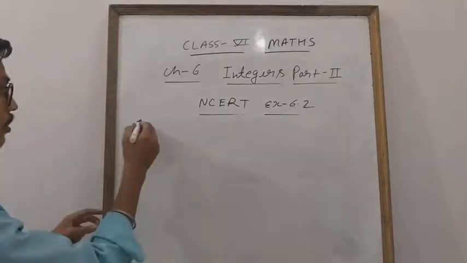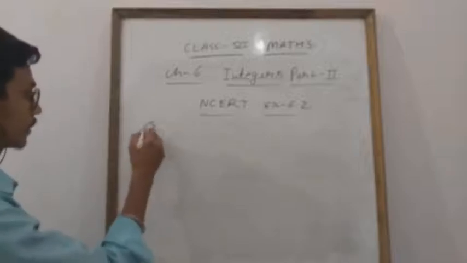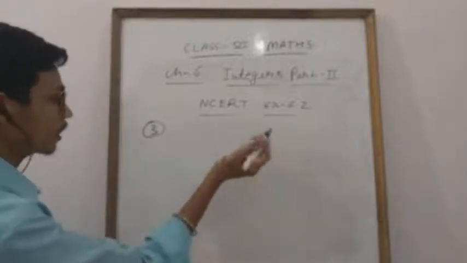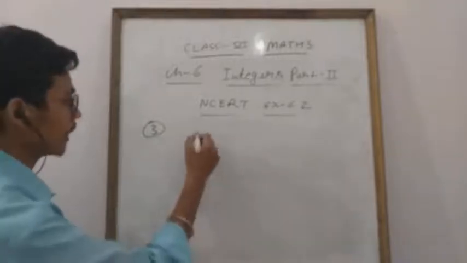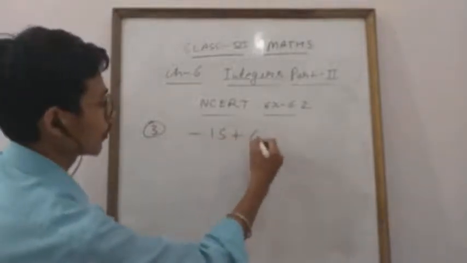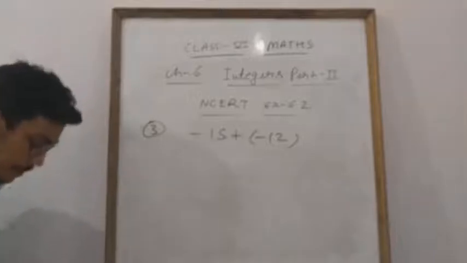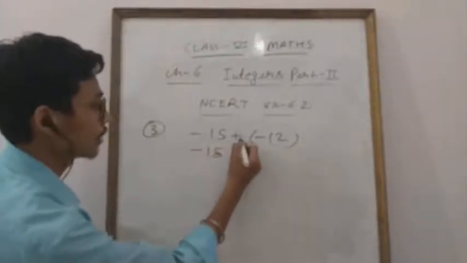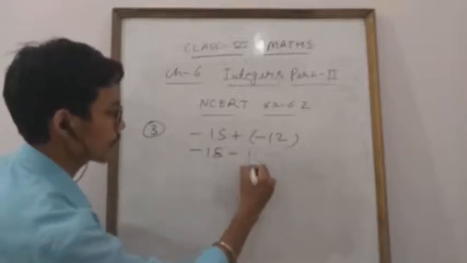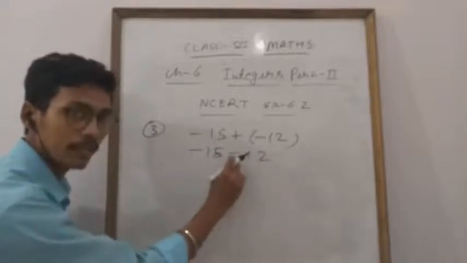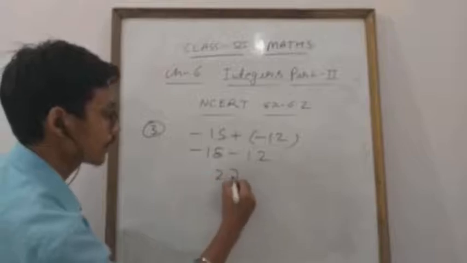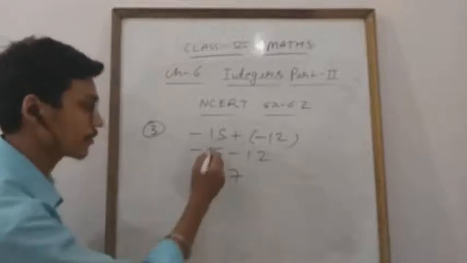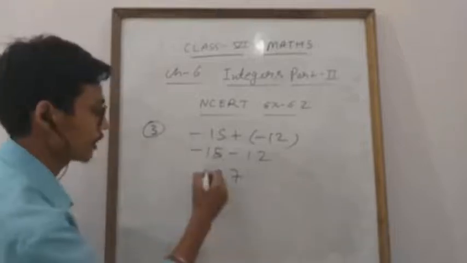Now the next question, question number three. It is given to add. You have to simply add, student. One question I am going to take as an example myself: minus 15 plus minus 12. You have to simply add. So you know, student, you will write minus 15, plus minus, minus, it will come 12. Minus minus is plus, so first you will write down 27. This I explained too many times. Which one is greater, student? 15 is greater. 15 having which sign? Minus sign. So we will write down minus.